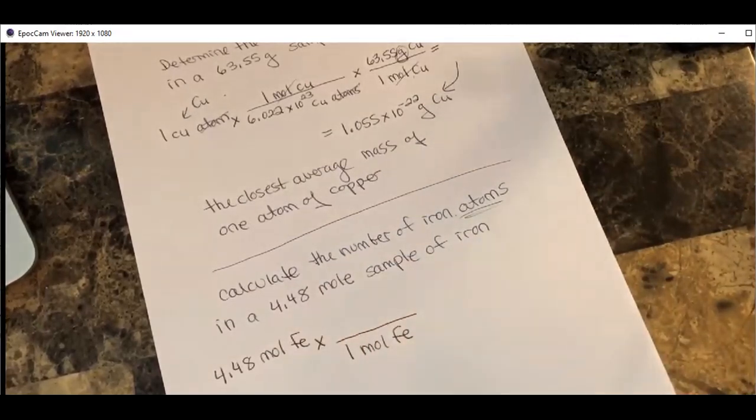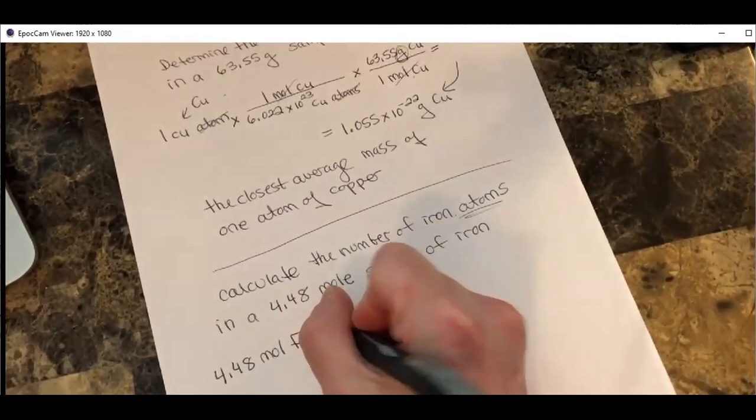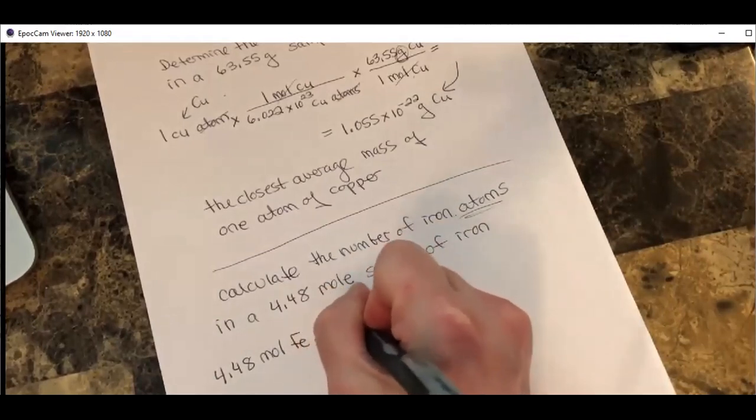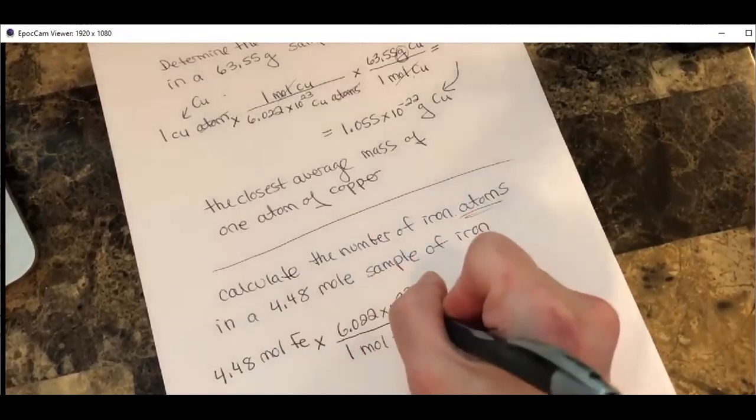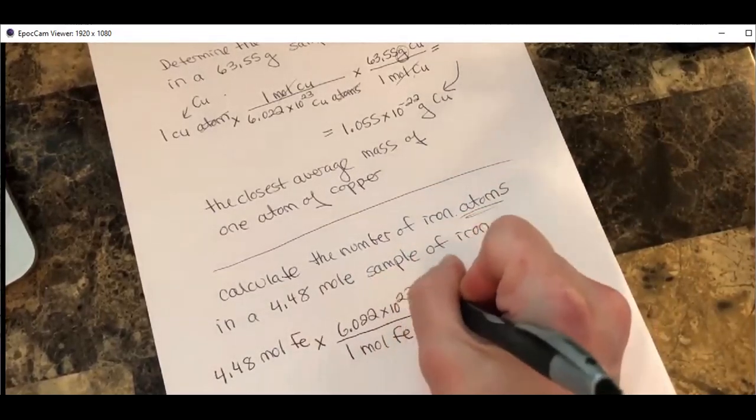What did we learn about with Avogadro's number? It always has the same ratio, right? So 1 mole is 6.022 times 10 to the 23rd atoms